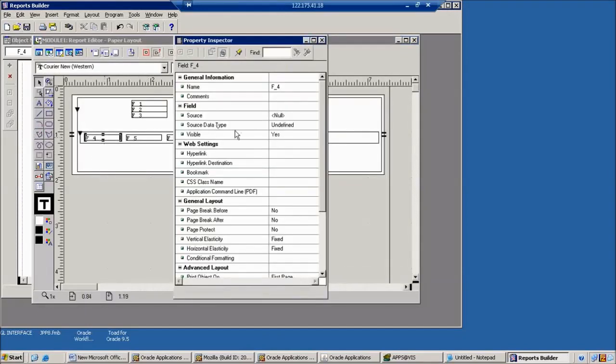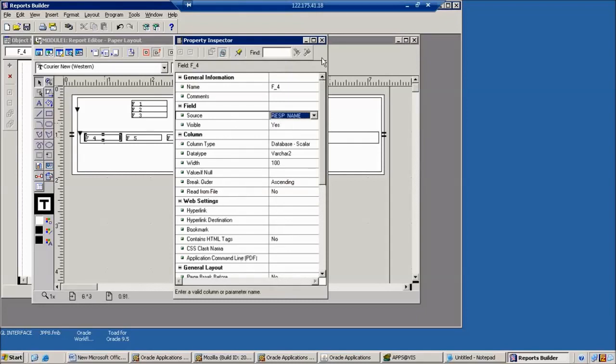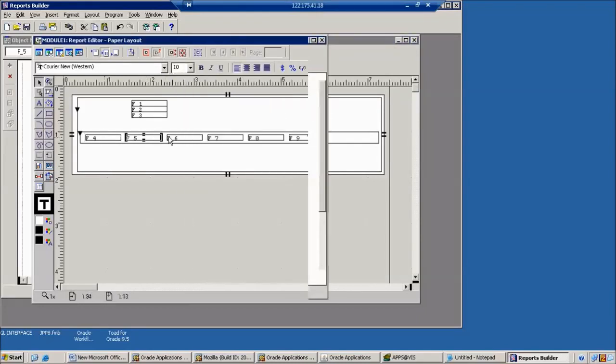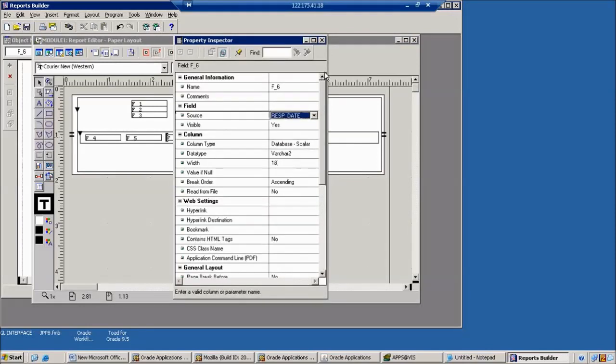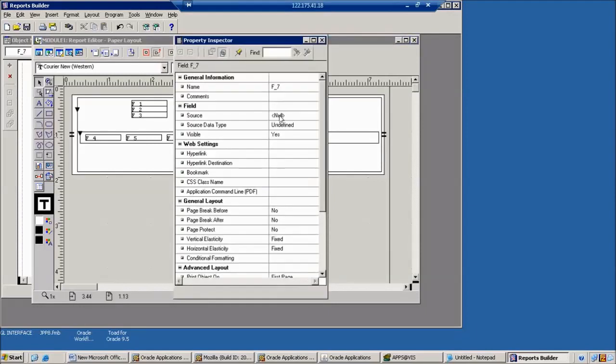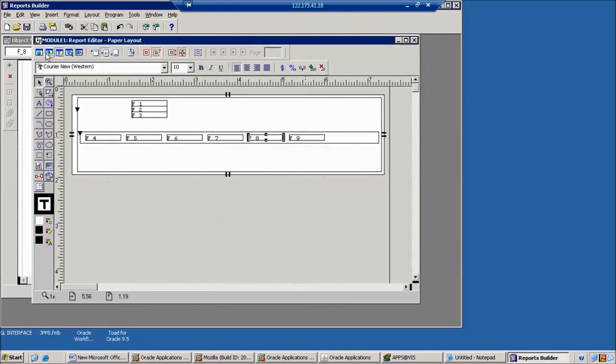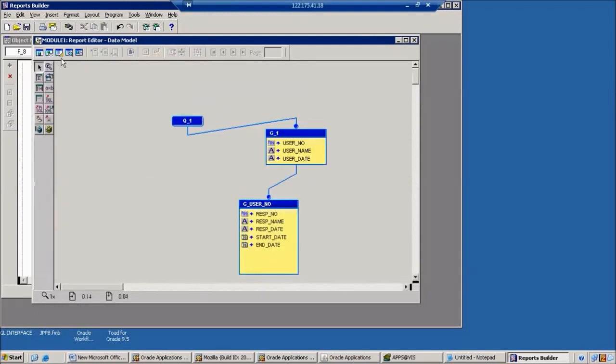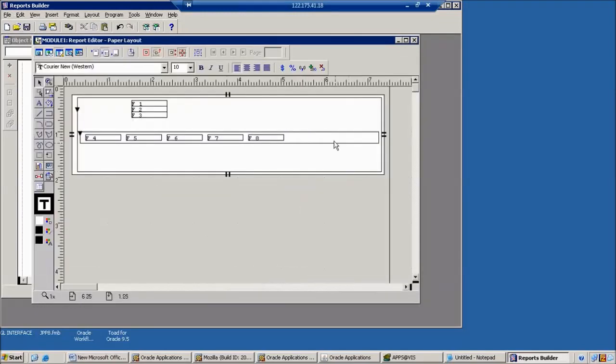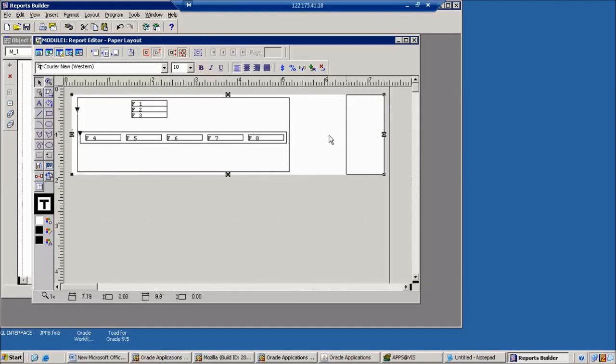Next, responsibility number, responsibility name, responsibility date, start date and end date. How many columns? We have only 5 columns, so there is no need for this 6th column. Let it be first; we can check it. If it is not working, then we can expand it. Otherwise, no need.